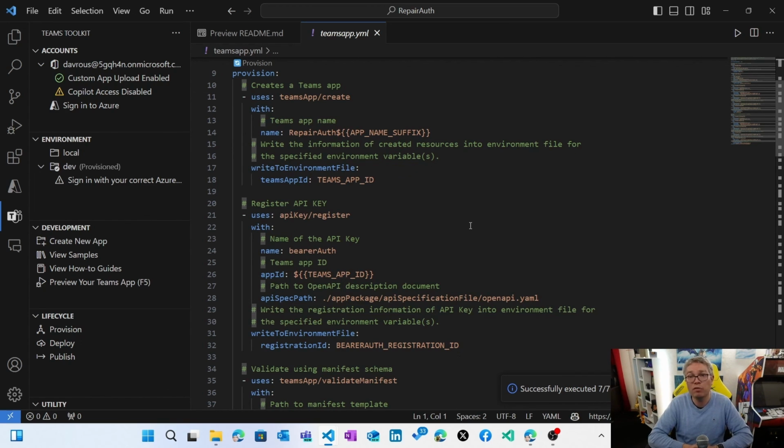But this is coming very soon, so you will not only be able to create an API message extension using any type of API without auth, but also if you have auth, which will probably be the case in most cases, you will be able also to use this key and put it in our backend to let our backend call your API in a secure way. So this is everything I wanted to show you today. Pretty exciting, I think, to be able to take your APIs and integrate them into Teams in a very easy way with a nice rendering thanks to the adaptive card.